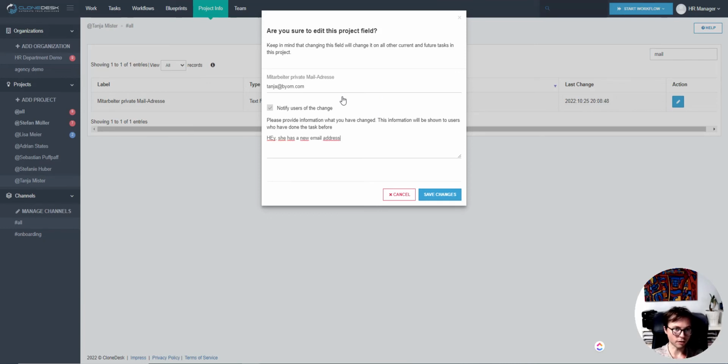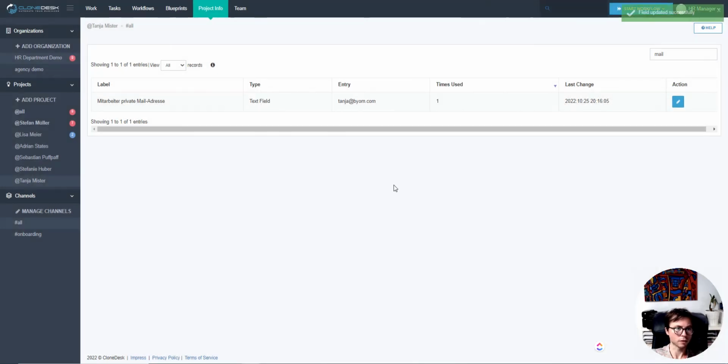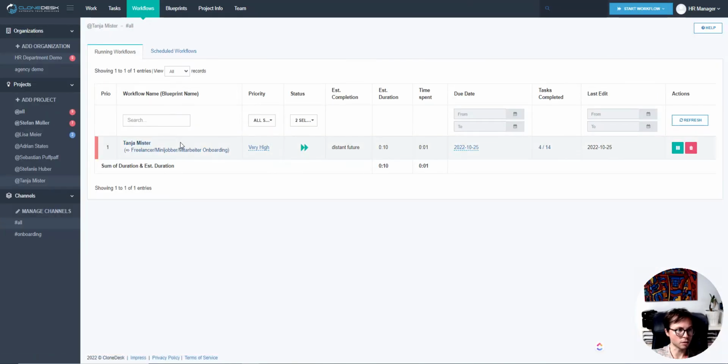So whoever has this old email address will be informed whenever they want to send something to her according to a task in any of the blueprints. They will know, okay, this has changed, and they have to update their mail settings. Okay, this is this. Now maybe let's have a look at the workflow in detail, because this is also something